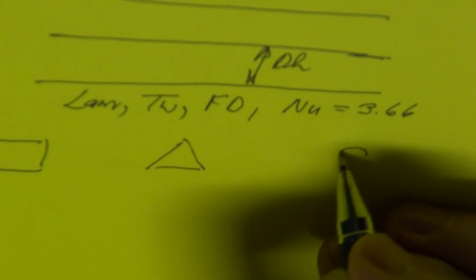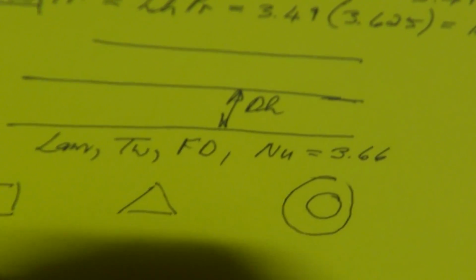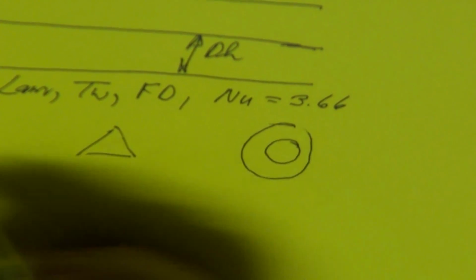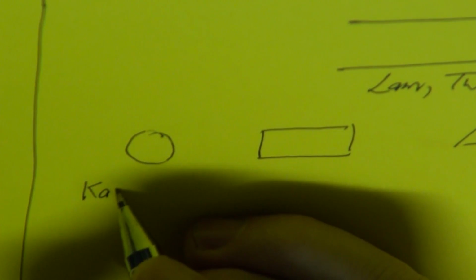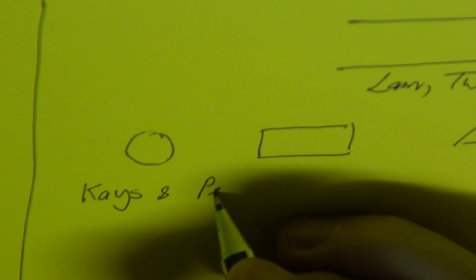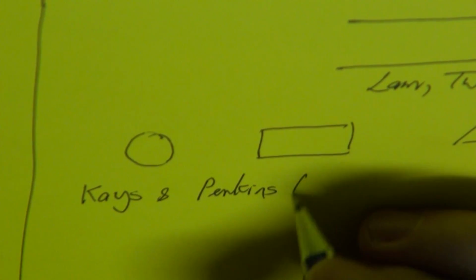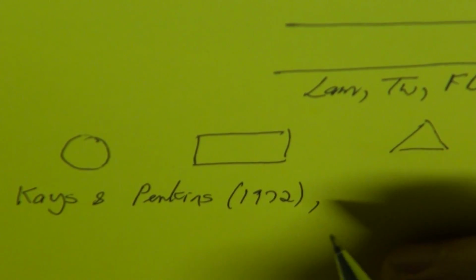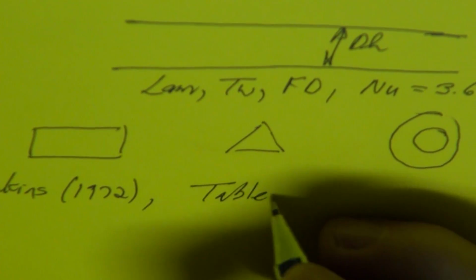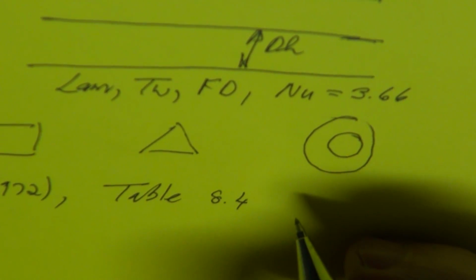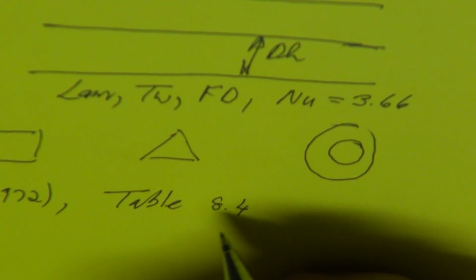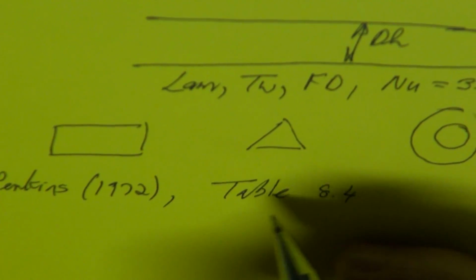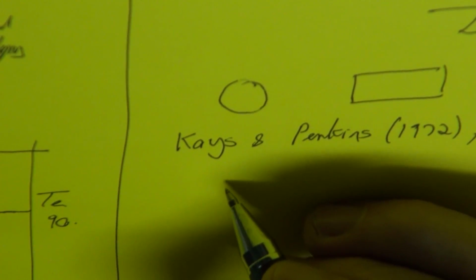Like for a circular tube, for a square, for a triangle, but also for flow through an annulus, like that. Where do we get the results for flow through an annulus? It's in the literature. You can go and look in the textbook of Keyes and Perkins of 1972. Or in our case, you can go and look in table 8.4 in the textbook of Cengel and Ghajar. And in table 8.4, you will get that the heat transfer coefficient,